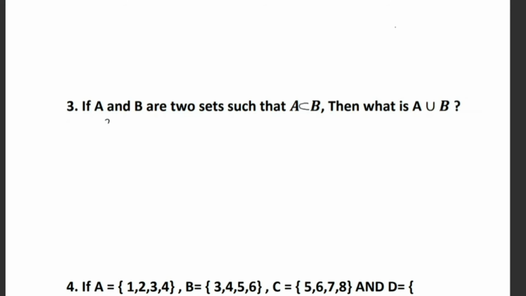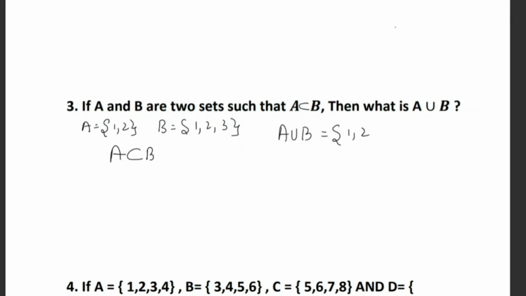So let me give you an example. If A is equal to 1, 2 and the B set is 1, 2, 3, you can write as many elements as you want. Here we can see A is a subset of B. So if I write now A union B, then what is the union? Common things 1, 2, and all the elements are combined. So now you can see this is what? B only. So therefore A union B will be B, right? Next,